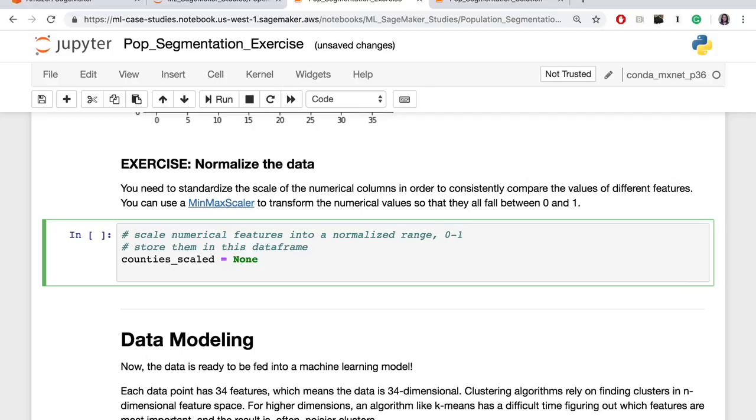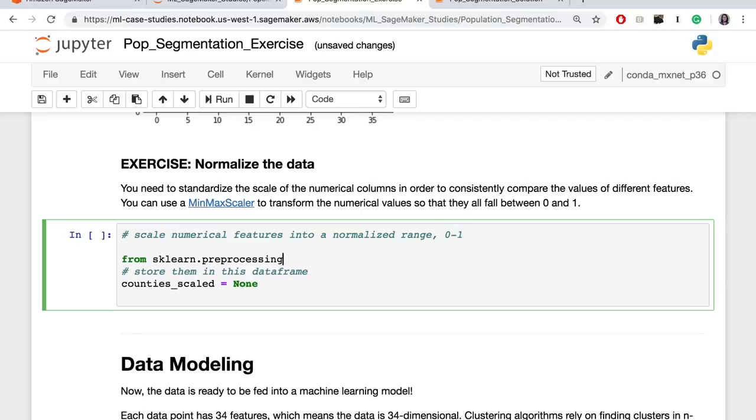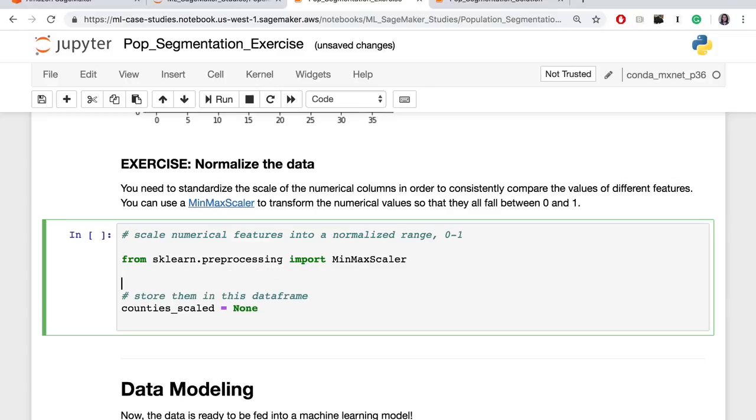And I can start to do this with a call to the sklearn pre-processing library, where I can import a min-max scaler. I can create a scaler object which is able to look at the minimum and maximum values in a feature range and divide every value by that range to get a normalized value between 0 and 1. So I'm creating a scaler, then to get my county scale data frame, I'm using fit transform, passing in my clean counties data frame as a float type, and applying that min-max scaler. This is a pretty typical normalization step.